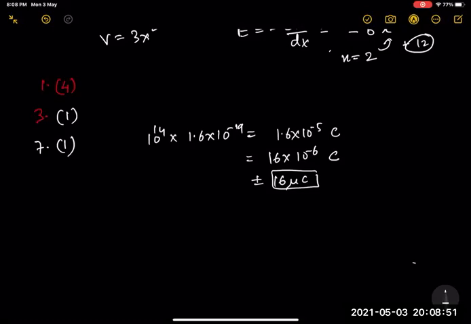Then 9. The principle of quantization of charge is proved by, it is again Millikan's oil drop experiment. Okay, 9th is 2. And then 10th. 10th is the charge on an alpha particle. Alpha particle is